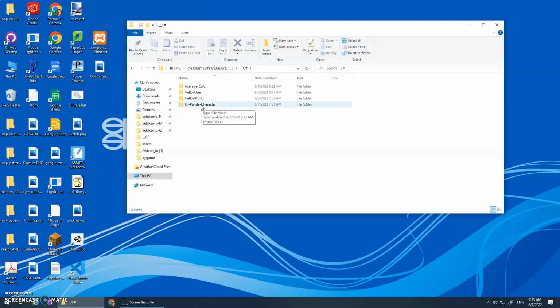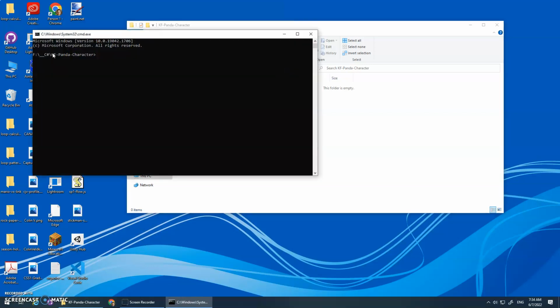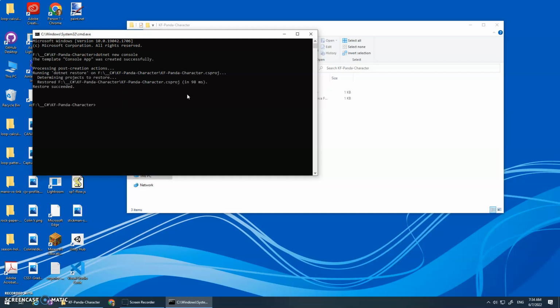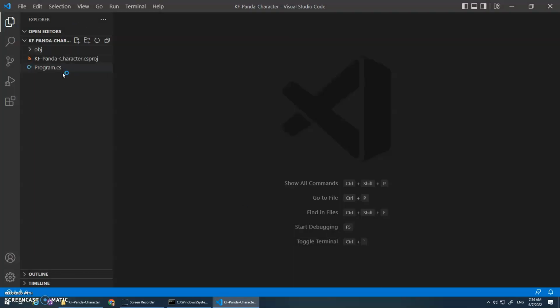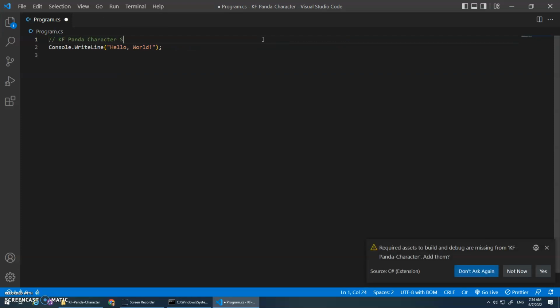Okay, so once again, what do I do here? Inside of this folder, we can click in here and go CMD to open up our command prompt. And in here, we use our .NET command and go new console. And that opens up what we need, or builds what we need for a console app, and then I can go code dot to open up this folder in Visual Studio. Alrighty. There we go, Program.cs, and I can close this, and let's do our title, Kung Fu Panda Characters